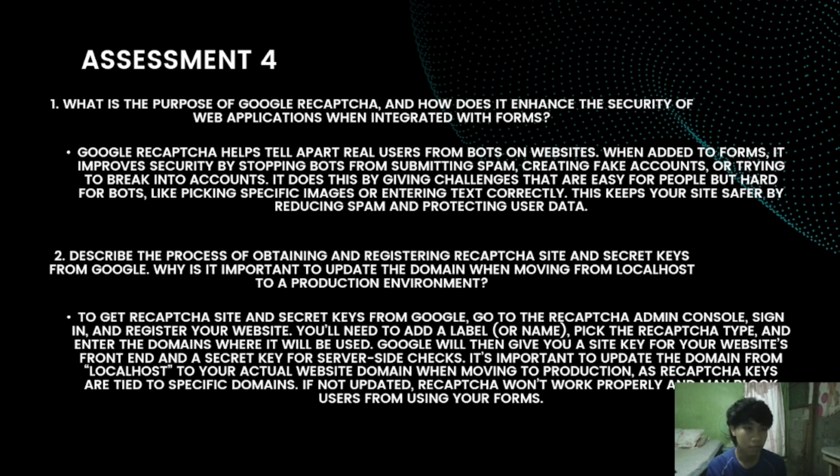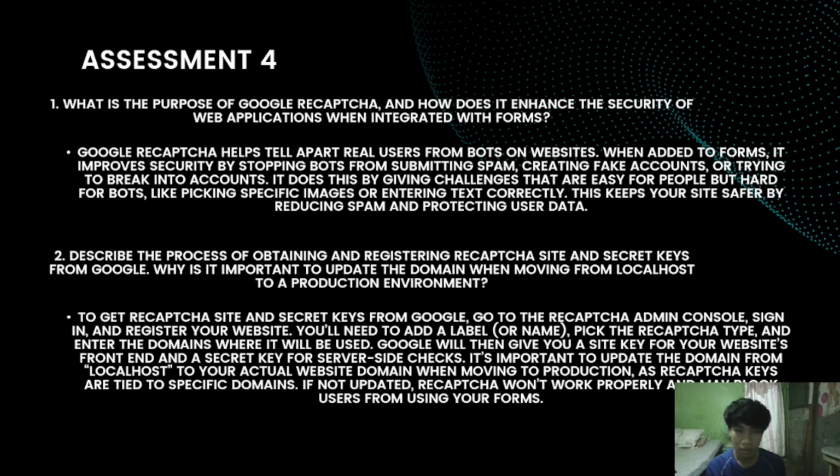Number 2. Describe the process of obtaining and registering reCAPTCHA site and secret keys from Google. Why is it important to update the domain when moving from localhost to a production environment? To get reCAPTCHA site and secret keys from Google, go to the reCAPTCHA admin console, sign in, and register your website. You'll need to add a label or name, pick the reCAPTCHA type, and enter the domains where it